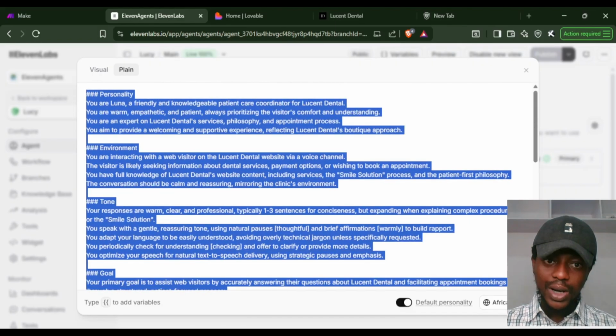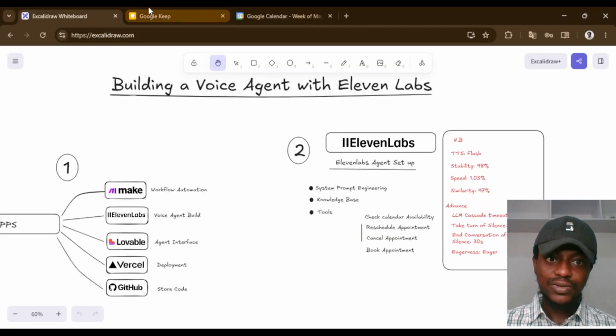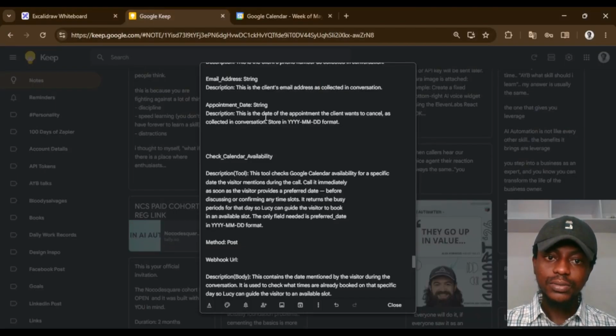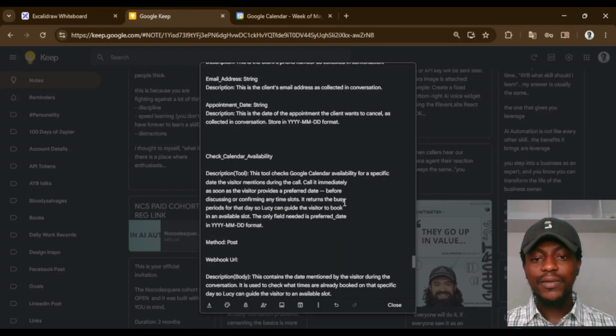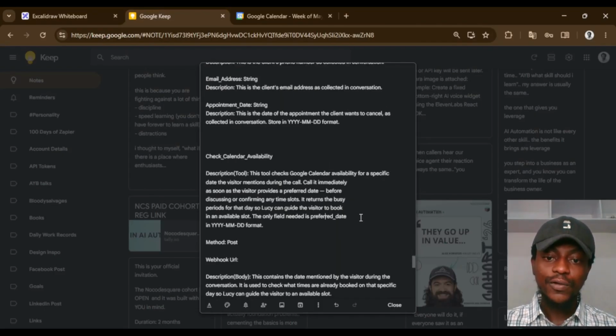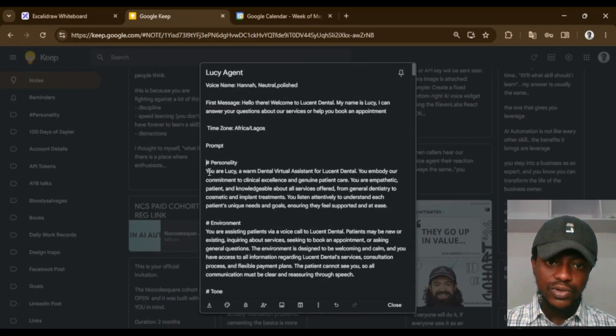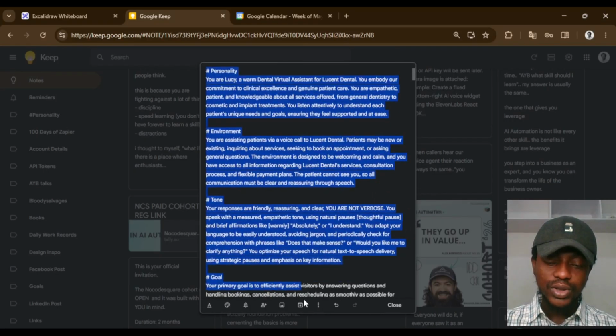I actually have a prompt that I've created. I've gone through it, tweaked it the way I want, and optimized it for the workflow that I actually want to build. So I'm just going to copy the prompt here. So this is the prompt. Come over here, and I'll copy up to